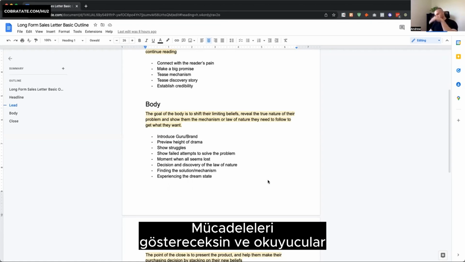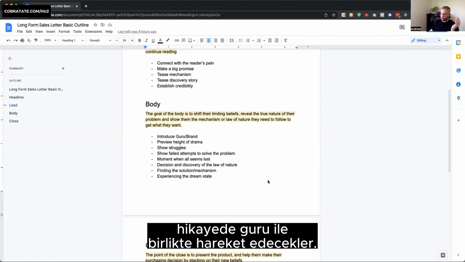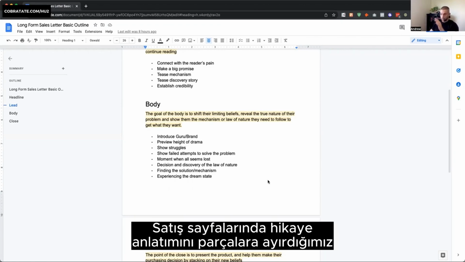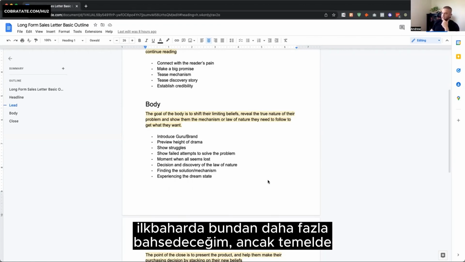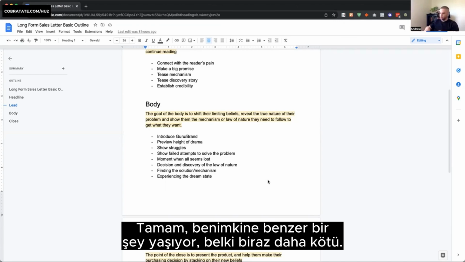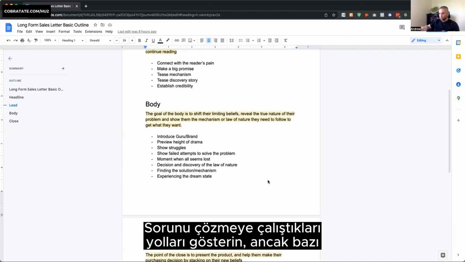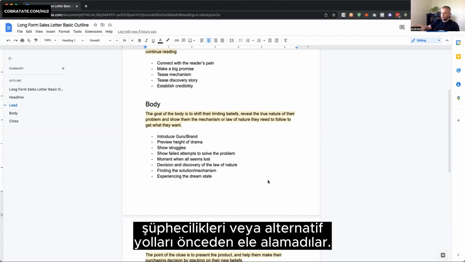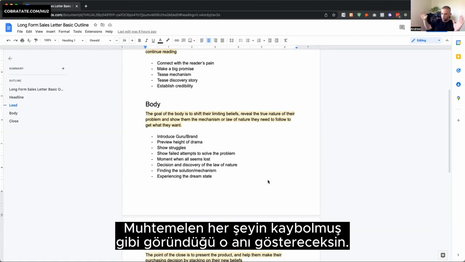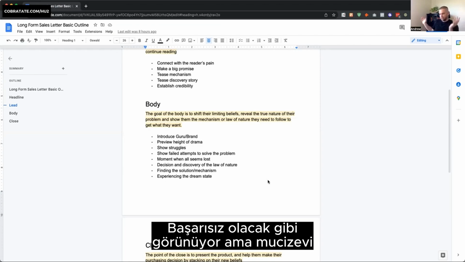And again, the reader's going to be going along with the guru in the story. And I'm going to talk more about this in the sprint where we break down storytelling in sales pages. But basically, you're going to give them the chance to empathize with the guru. Be like, okay, he's going through something similar to me, maybe a little bit worse. Show the ways they tried to solve the problem but couldn't, kind of to preemptively address some skepticism or alternate paths. You're going to probably show that moment where all seems lost, like it looks like he's going to fail,